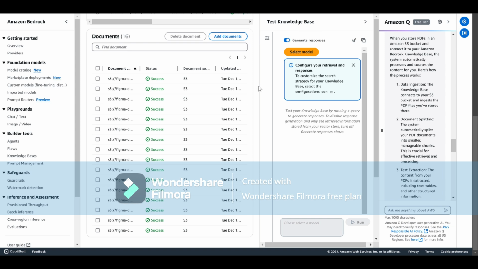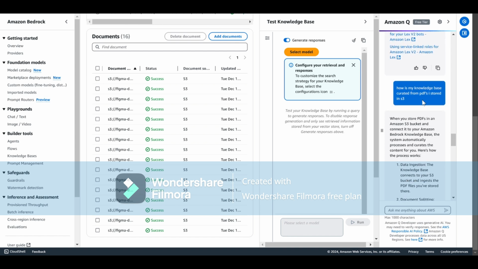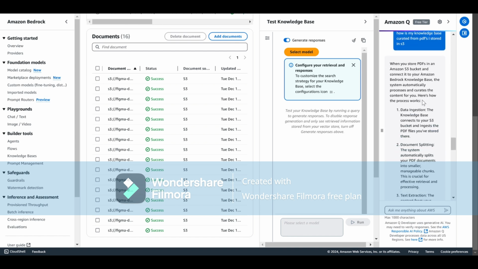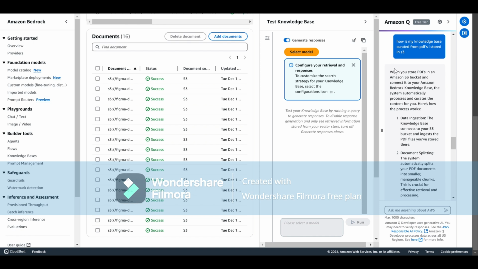So now when you navigate to Amazon Bedrock in the list of AWS services, you can see that I created a knowledge base and it's synced to a vector database. You can see all my PDFs in my S3 bucket are listed here. And now just to go into how exactly the knowledge base is curated,